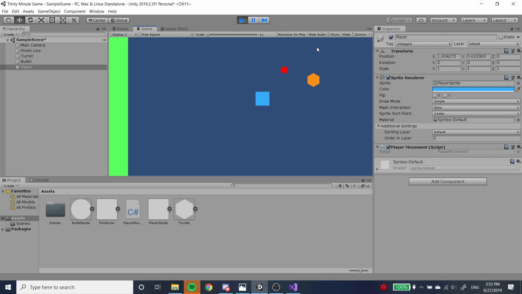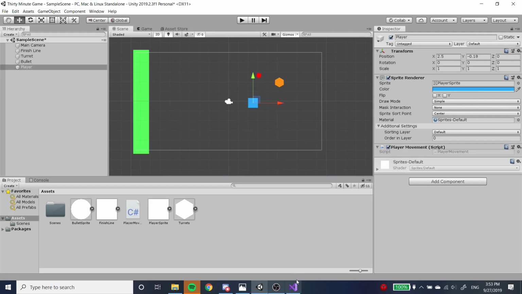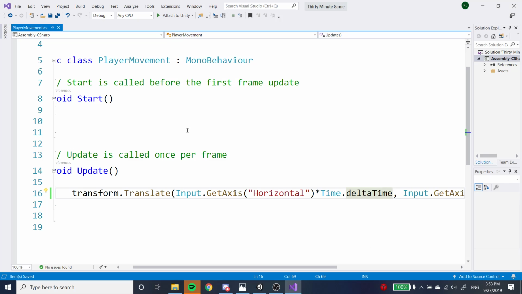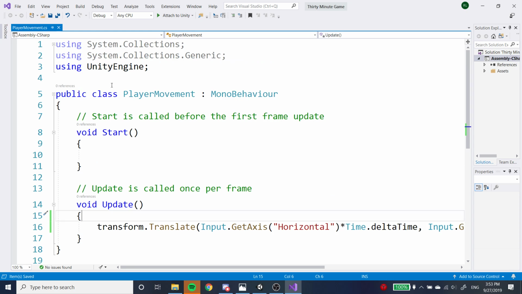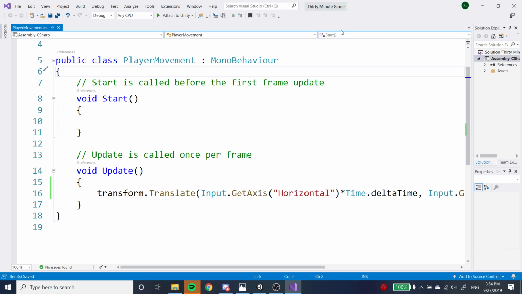now it's moving really, really slow. Oh no! So now we know that since it's moving so slow, we want to increase the amount it moves, right? Increase the speed at which it moves. So what we can do is make it easy on ourselves. Instead of having to go back into code and multiplying these values by some number like 5,